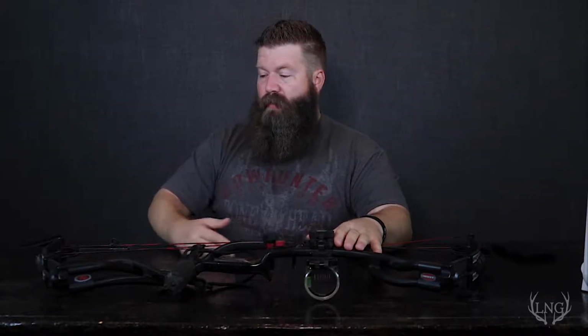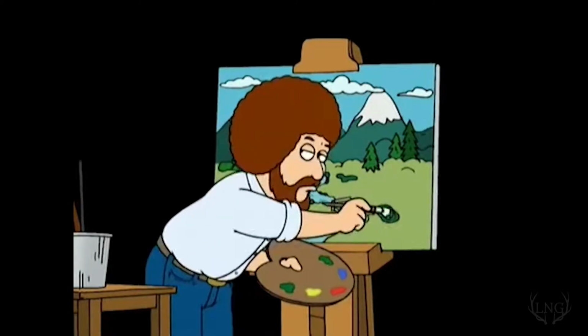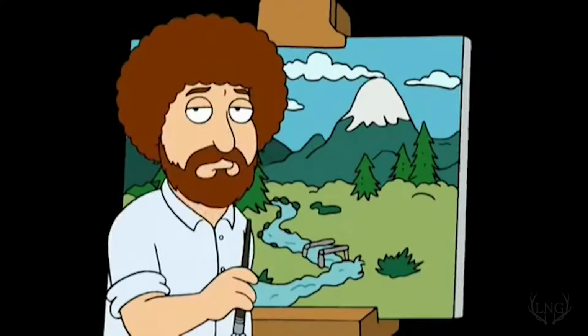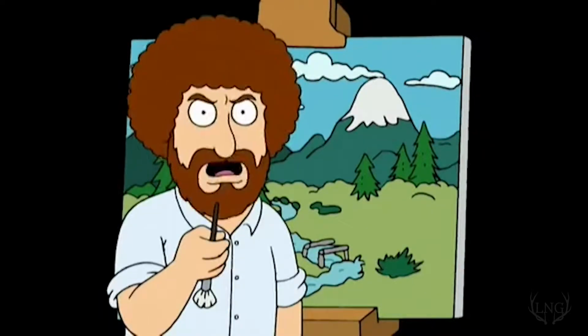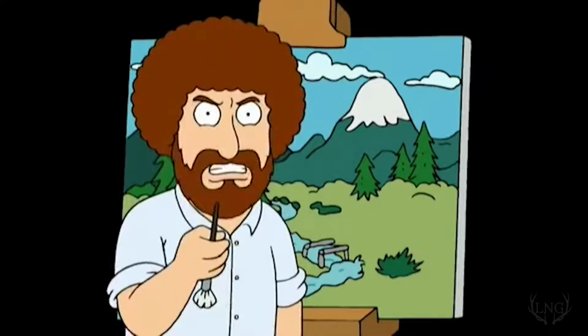So if you do go to the archery shop, they're going to measure your draw length. And we're going to put a happy little bush right down over here in the corner. And that'll just be our little secret. And if you tell anyone that bush is there, I will come to your house and I will...